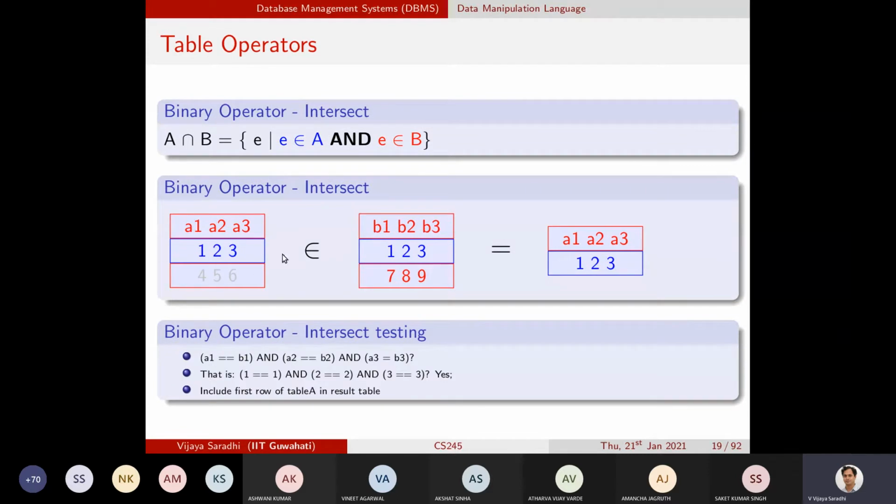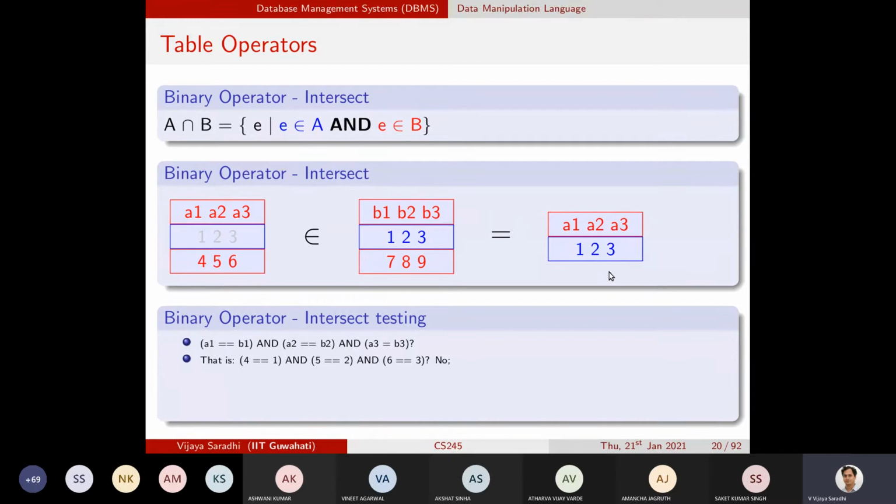In table B, I'll take one row and perform this operation on every record of table B. Is A1 equal to B1? No, you see, here it is only for our purposes, it is not the syntactic thing. Please remember, in SQL it is only a single equals sign for the equality test or assignment. I will modify this one, otherwise it will give confusion to you. So all that we are essentially asking is: is the A1 value identical to the B1 value, the A2 value identical to the B2 value, the A3 value identical to the B3 value? If yes, place that one.